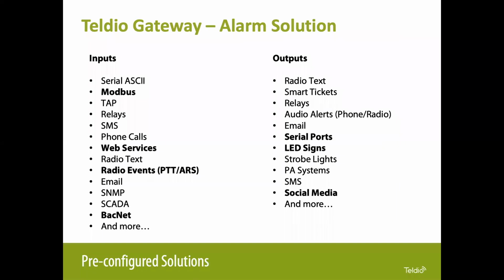So in here, Modbus is another protocol, another way someone can output data via a serial port. Right, Mark? Yeah, so recently here in Ottawa, we had an integration with the Teldio Gateway where they had a bunch of different PLCs that output Modbus. We were looking at those different registers, and if it went high, then we would send an alert to either mechanics or electricians to let them know that there was an issue with that particular machine with the PLC that was attached to it. So that was either reading 1-bit values, 16-bit values for reading alarms or notices that way